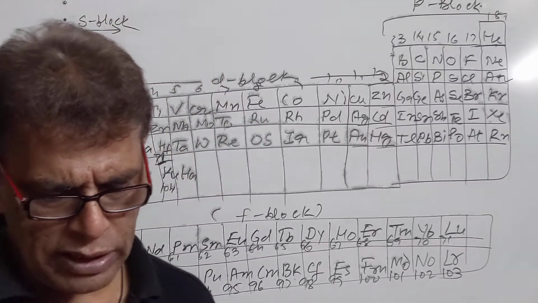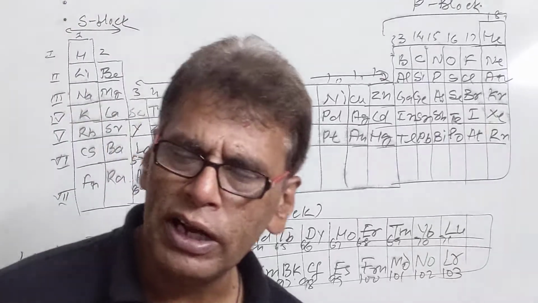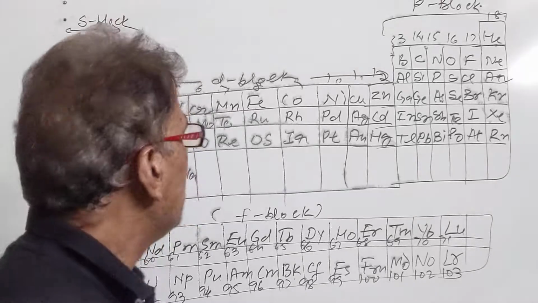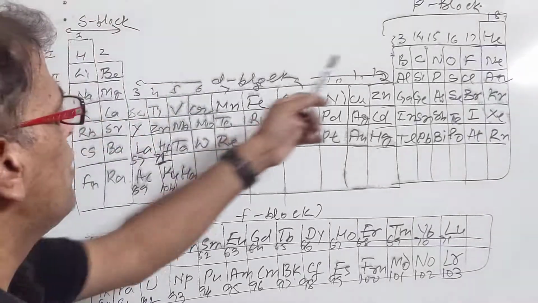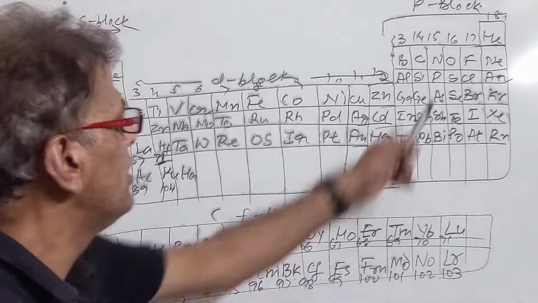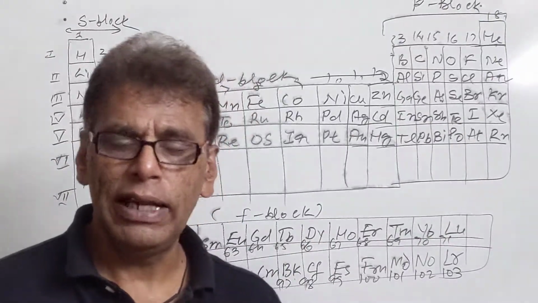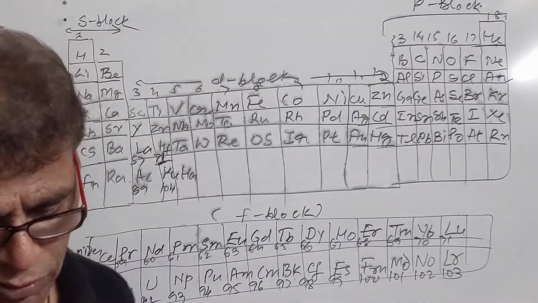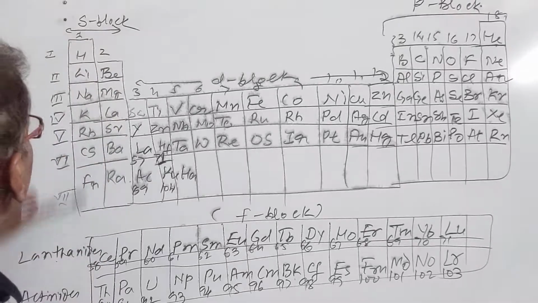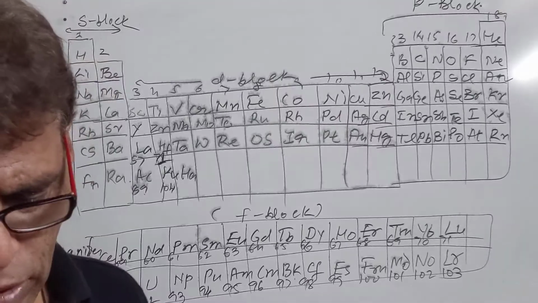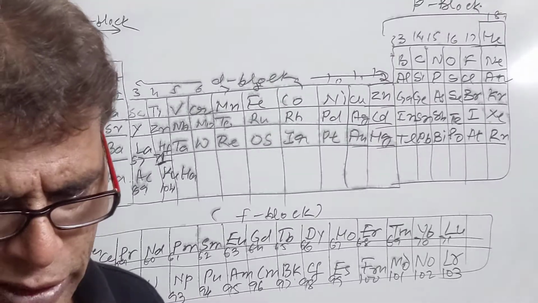Unlike atomic mass, atomic number is always a whole number. Atomic mass can be in fractions also. And hydrogen has resemblance with alkali metals as well as with halogens, the 17th group elements. Since it has only one electron in the valence shell, on the basis of electronic configuration, it was decided to keep it along with the alkali metals. So this is our long form of the periodic table.